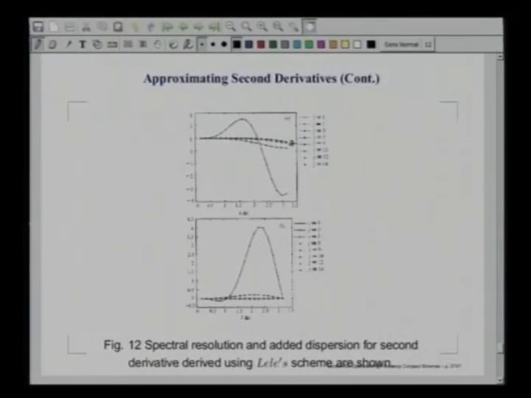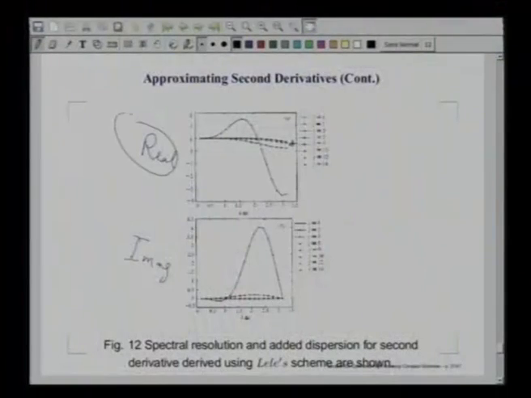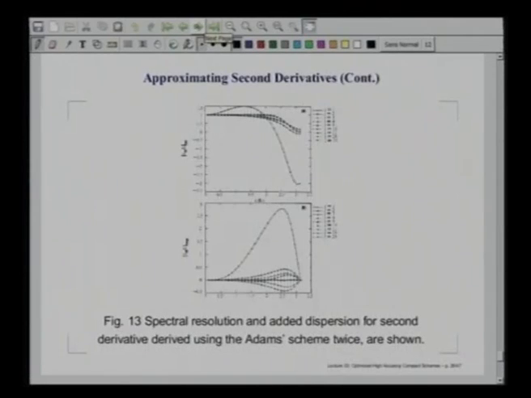So, if you write out a compact scheme directly for the second derivative, you can get it, and you see it will also have a real part that is shown here. So, this is your real part and this is your imaginary part. What does the imaginary part do? The imaginary part for a second derivative will be an odd derivative. So, it will add dispersion, it will not be dissipation, because this itself is dissipation, the real part itself is dissipation. So, we should keep that in mind, what it does. Okay,